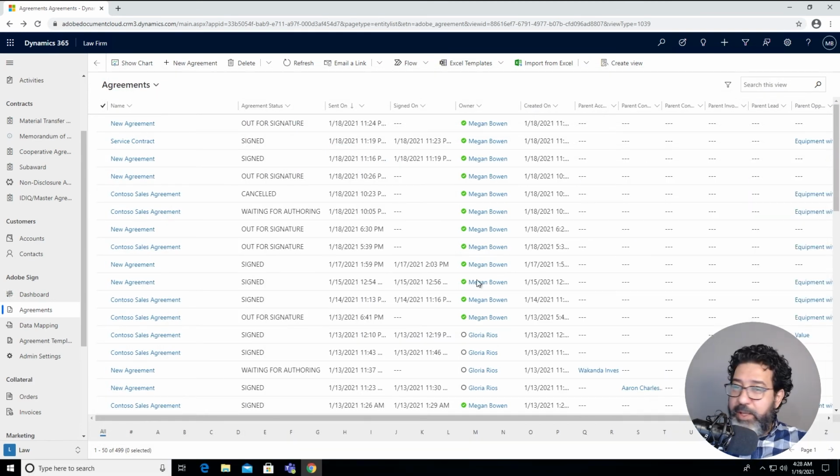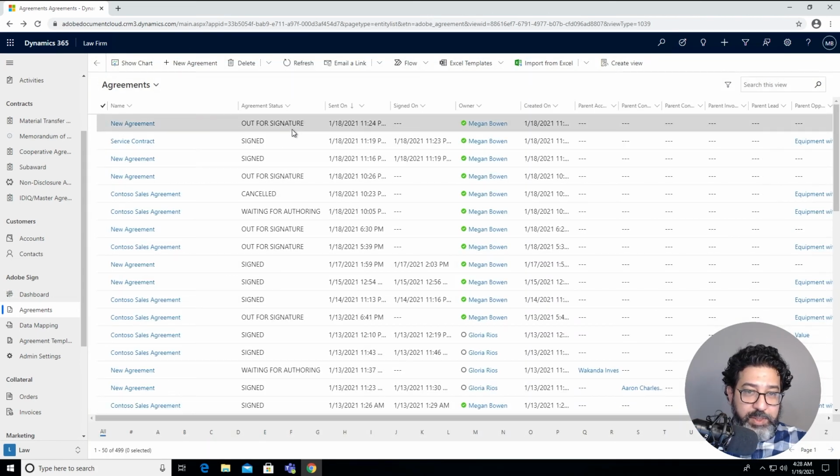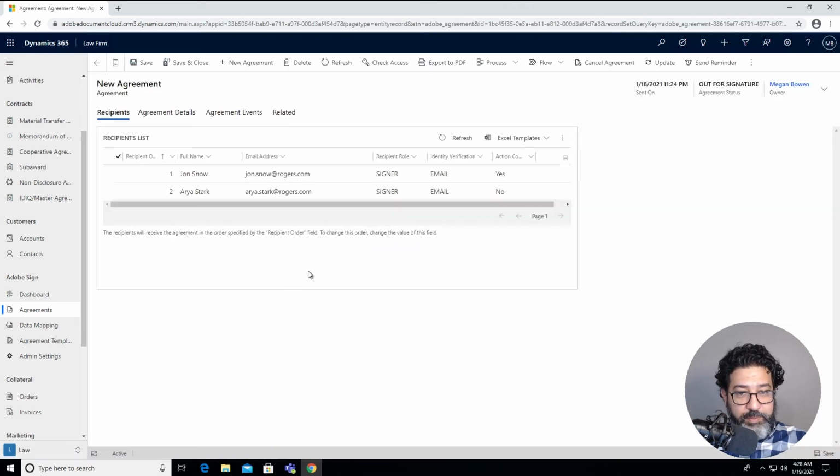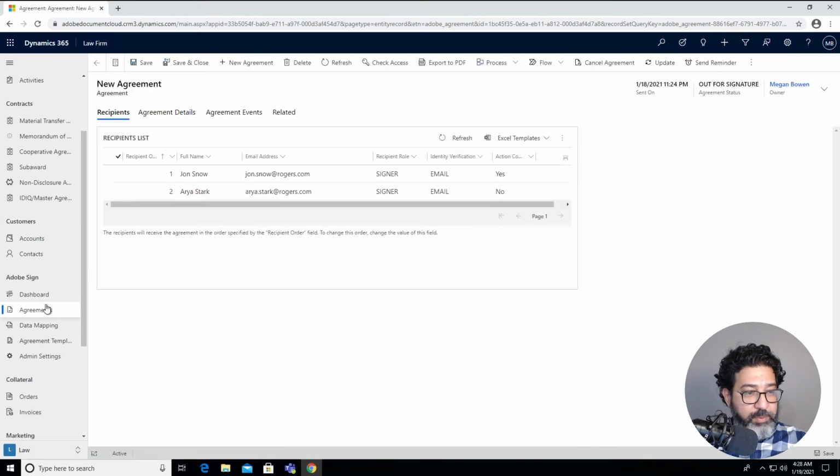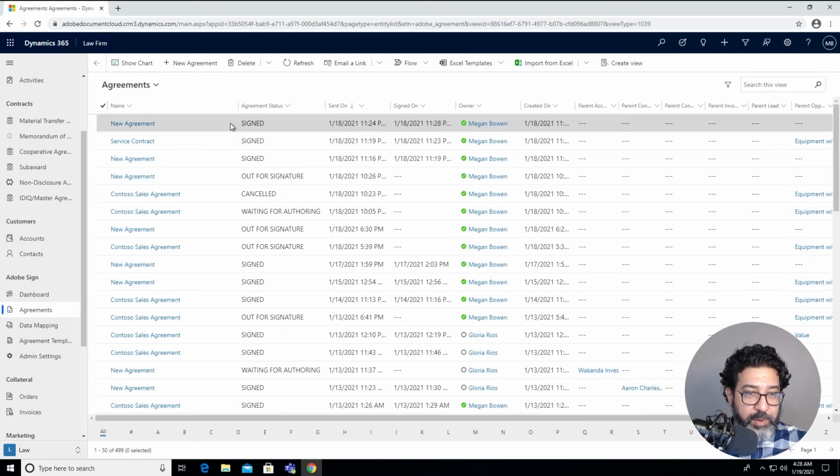So if we go back to Dynamics, first we need to see our contract. The status of our contract is out for signature. It is signed.